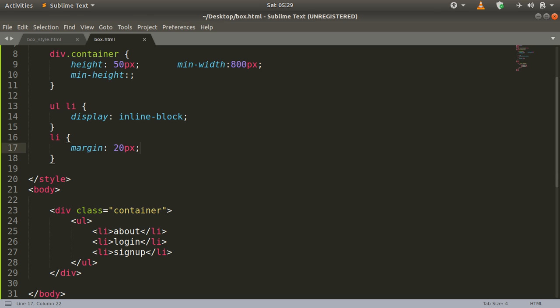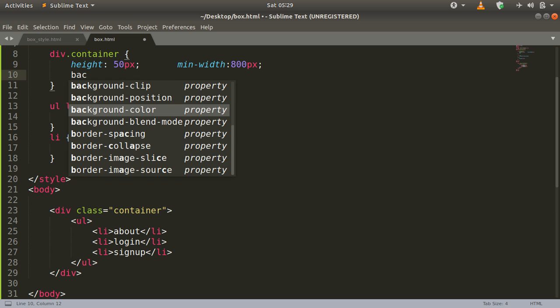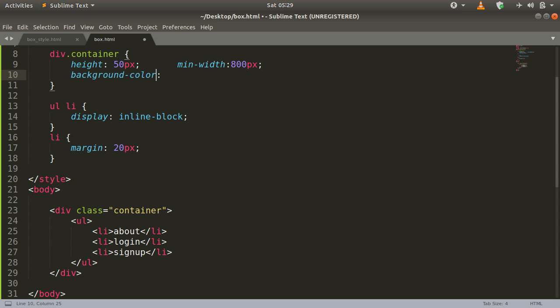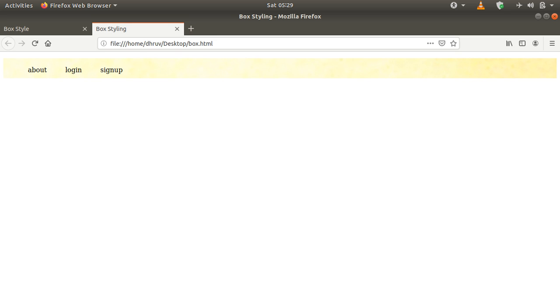So let us use a background image here. Actually, you can just write background color. We could use a background image, and you can use any image you want. I have an image with me which I named back.jpg, and let me just refresh it.